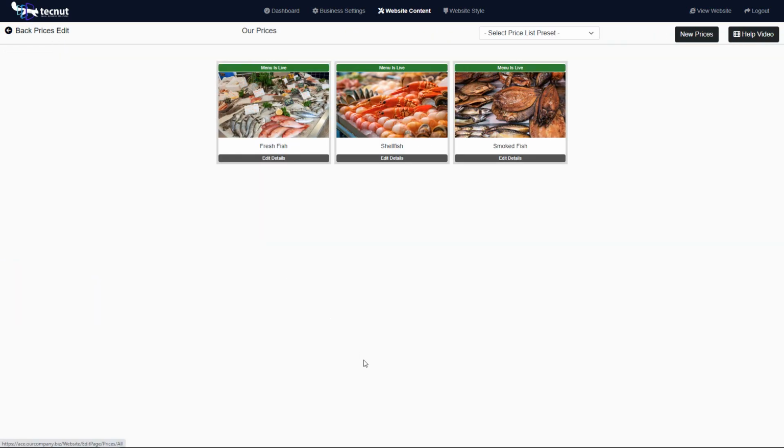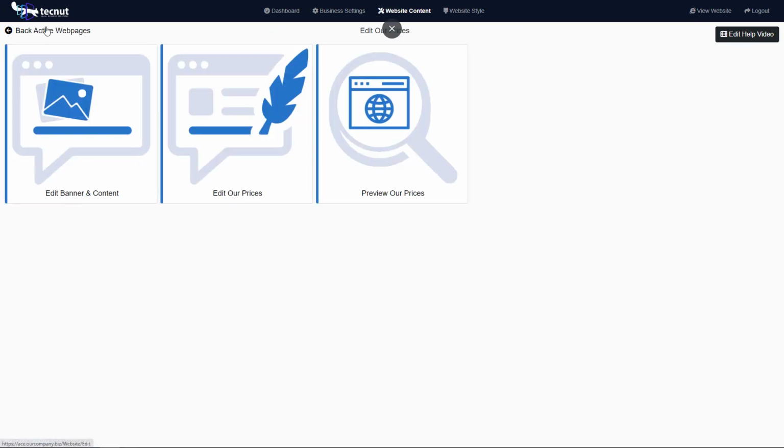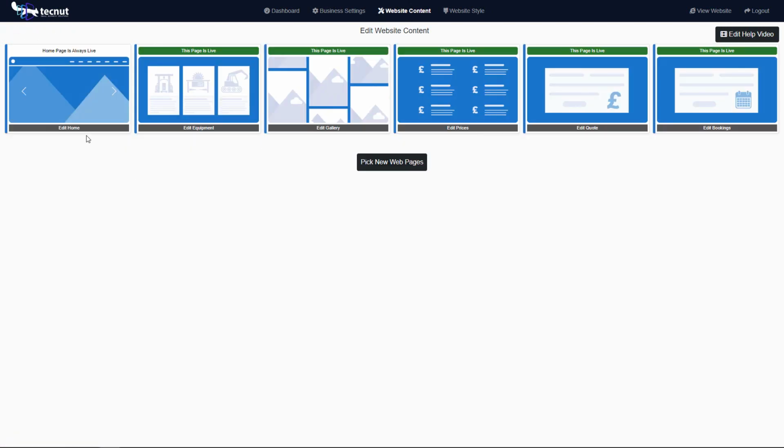So that's how our pricing page works. There's a lot you can do to this. You might have all sorts of different stuff that you just can't display on the home page in those small little pricing boxes. Now, if you are using pricing menus, one last thing to look at is, let me go into the home page,